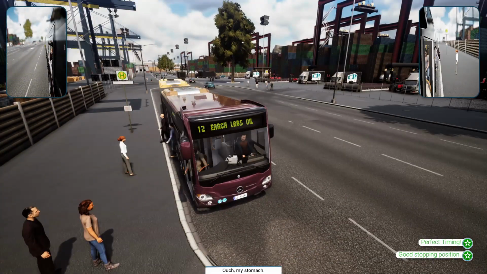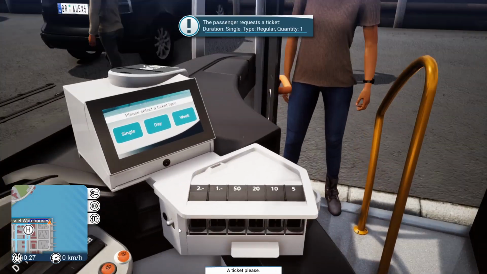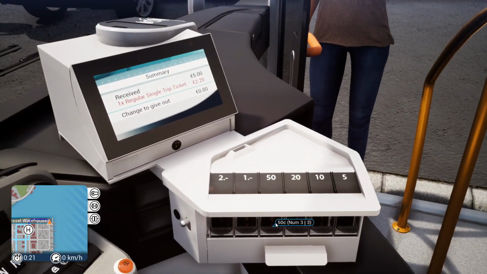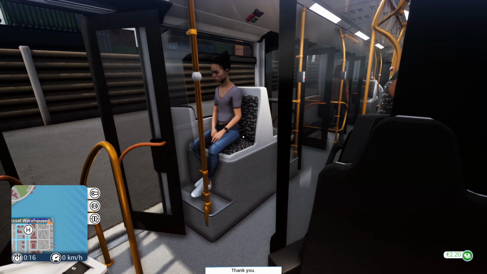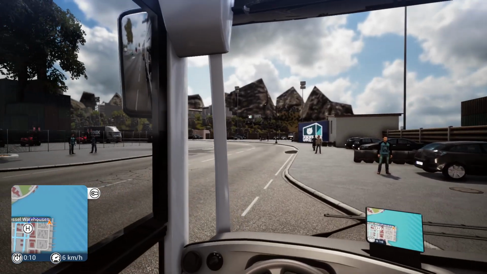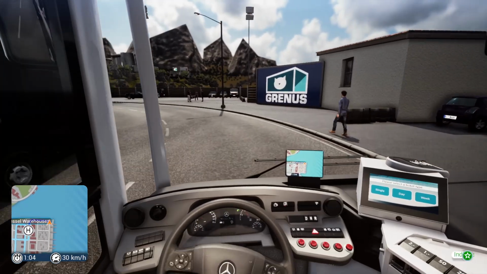Oh, this is a massive bus, isn't it? Regular ticket, of course, my dear. Oop. Helps if you click on the right bit. Right, and away we go. Next stop,